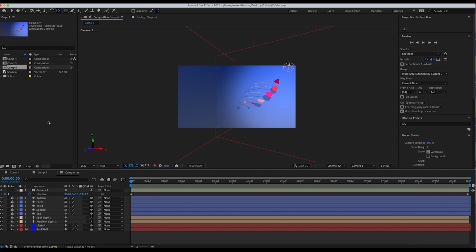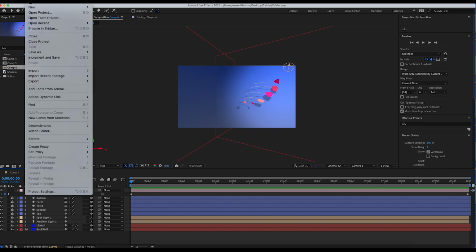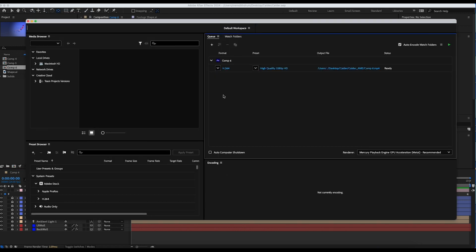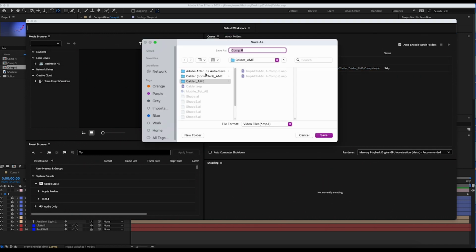So if we want to render this out as a video, that's another process. So select your composition, go to File, go to Export, and go to Adobe Media Encoder Queue. Might take a second for that to open. It took a second for it to open and for this to populate. So here it is. This is our composition 6. We can click on it and we could tell it where to go. I'm gonna put it there and call mine test 3.